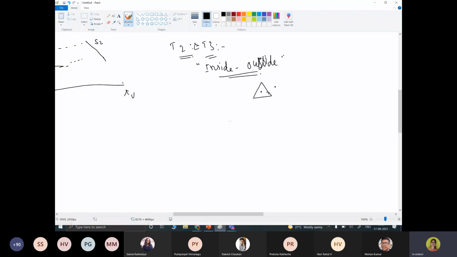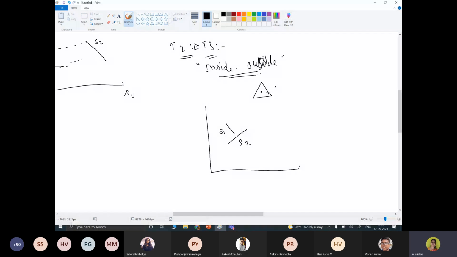I can explain with an example of two surfaces, surface S1 and another surface S2.